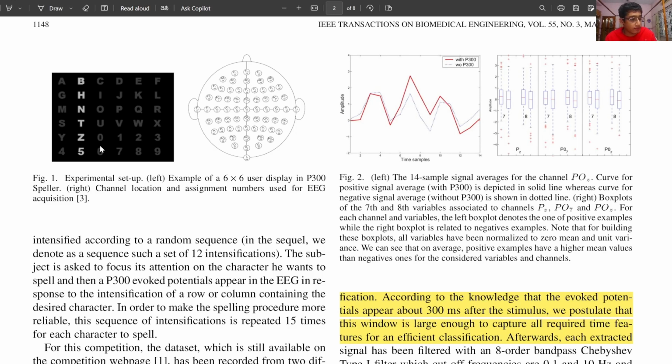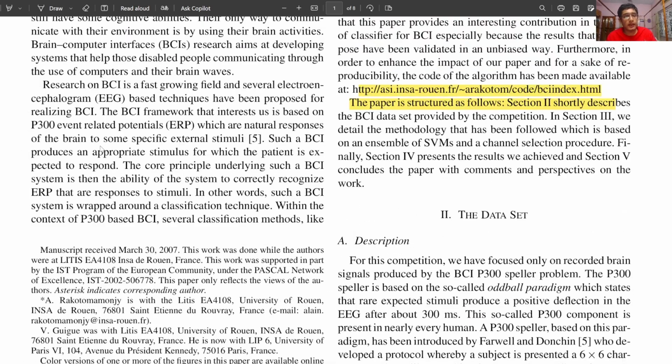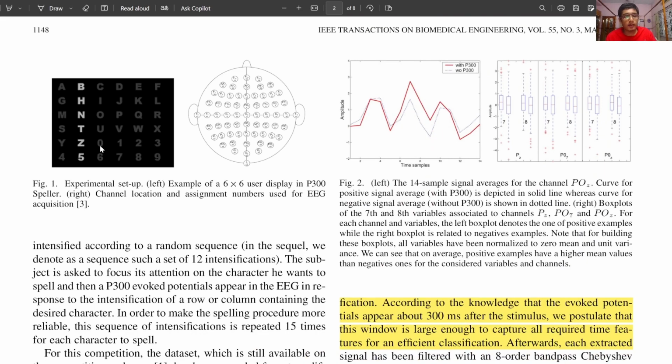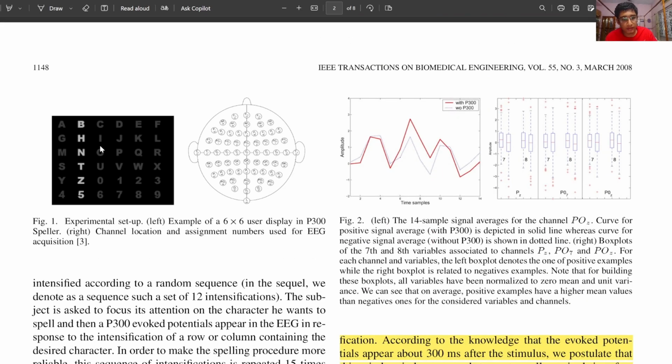So there are 12 flashes in each epoch times 15 epochs, which makes it 180, times there are 85 training examples and 100 testing examples,